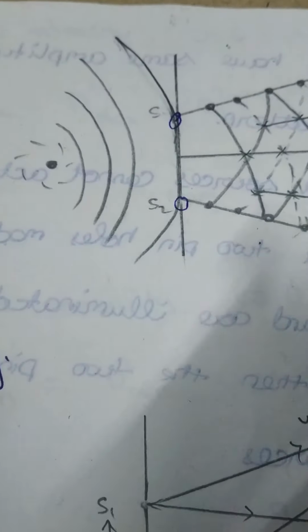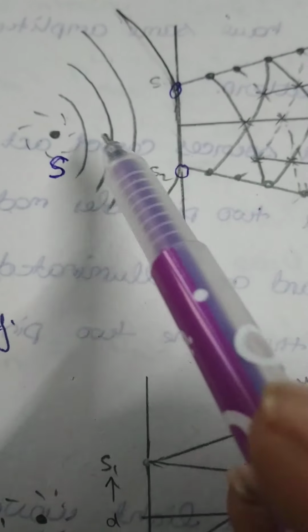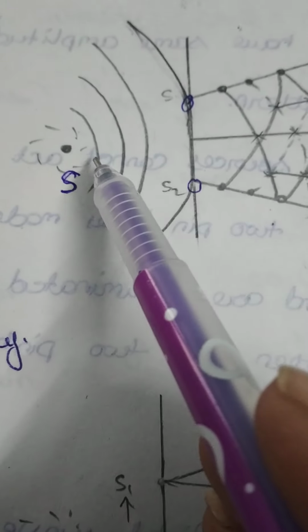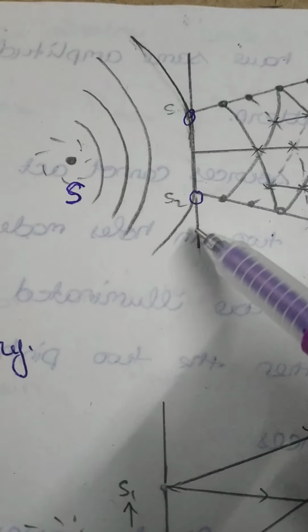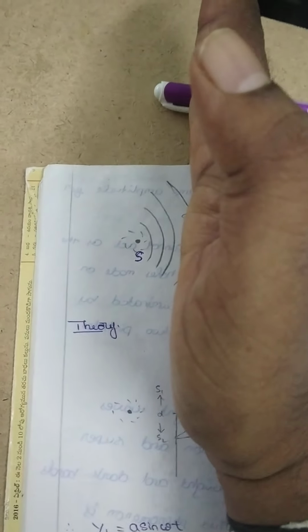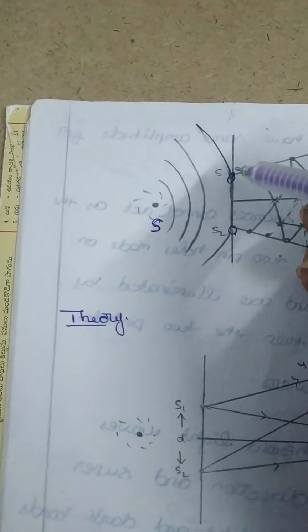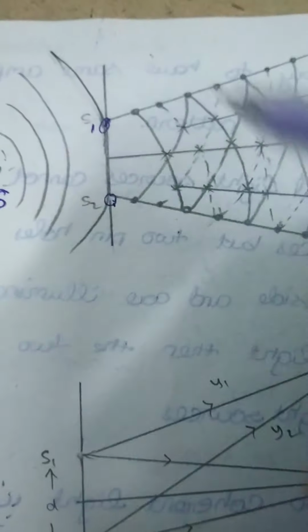S1 and S2 are the two pinholes made on the cardboard. Also here S is a monochromatic point source. This will emit the light rays along this direction. All these light rays have the same wavelength. So this is a wavefront which is incident on S1 and S2. Here this is the vertical cardboard, like a vertical plank. On this plank there are two pinholes, two small holes, made side by side approximately. S1 and S2 are the two pinholes.